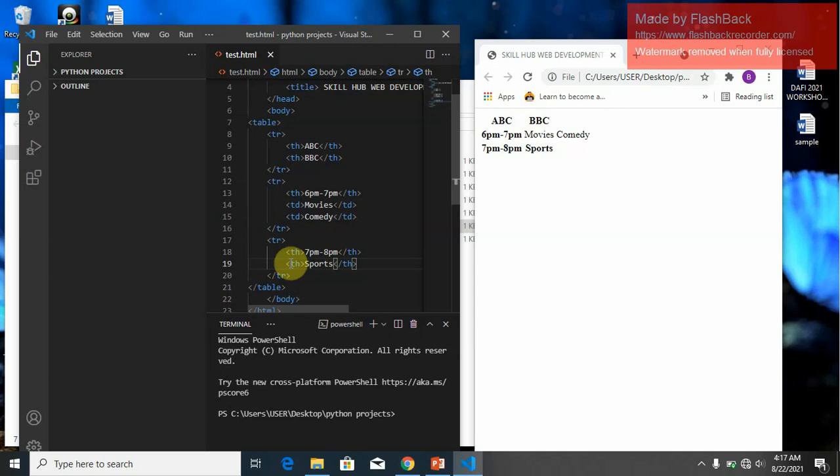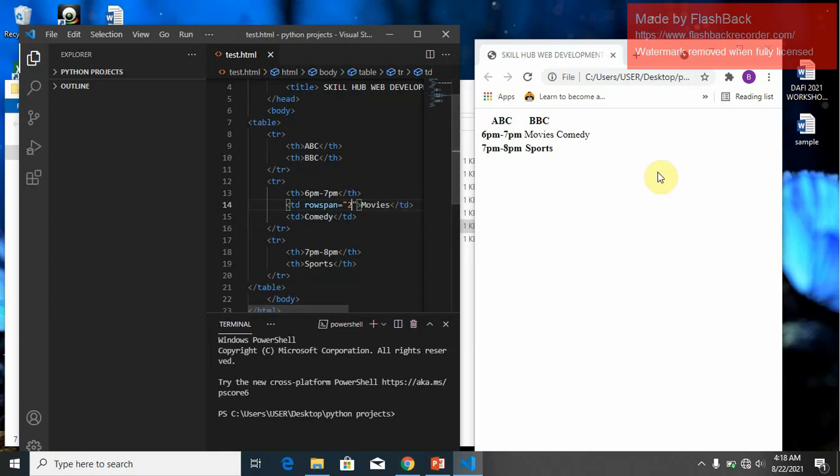Let me go to this table data under movies and add a table row span. Notice I have to specify a value when I'm adding table row span. So if I say table row span equals 2,